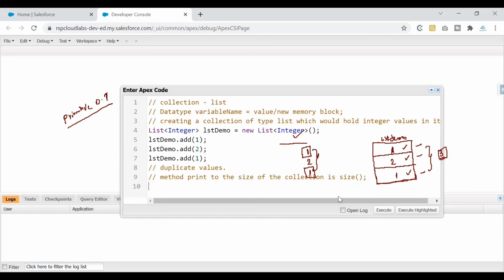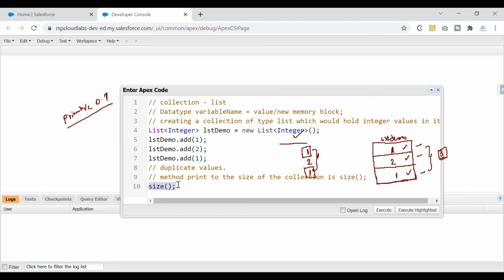Now, how can I use this method? By simply writing size and putting 2 small brackets. Now, think about this one. If I directly write size, will it make sense? Think like a processor when it has to process this line. Now, what would you think? Would you need to give the size of a LST demo, or do you need to give the size of another memory block that has been created? If you are acting like a processor, you would be confused.